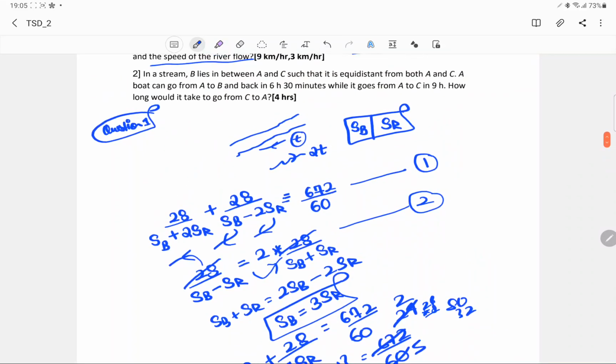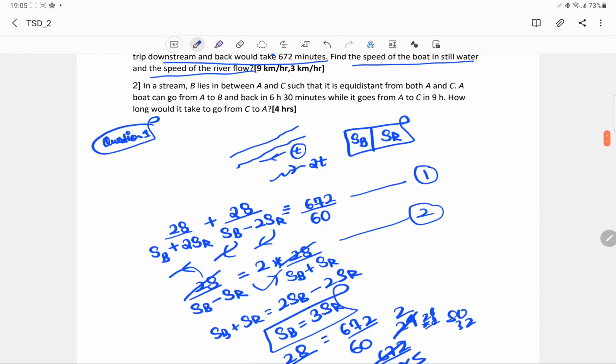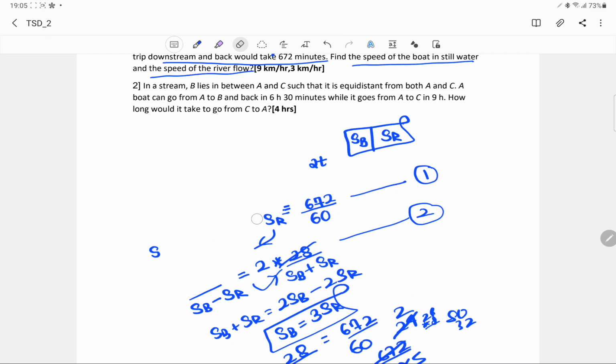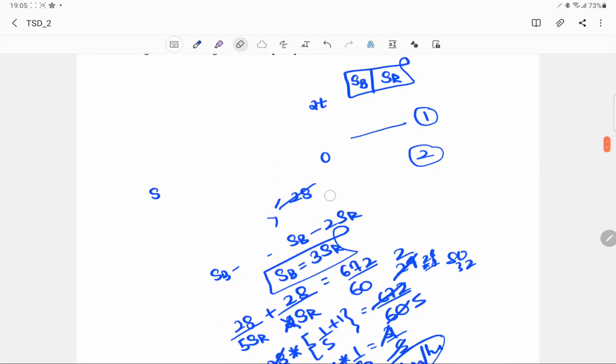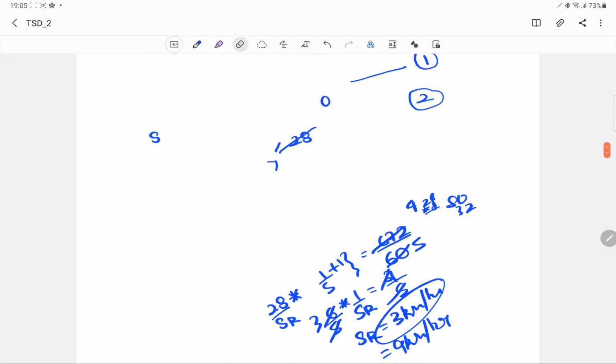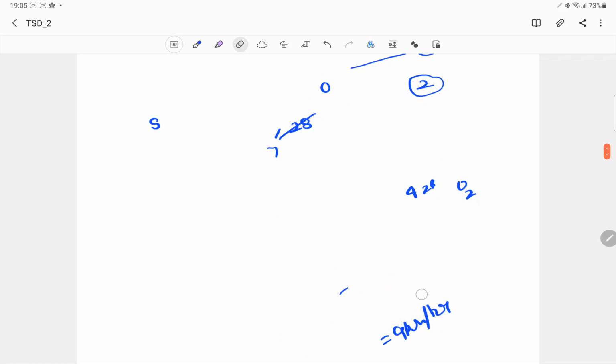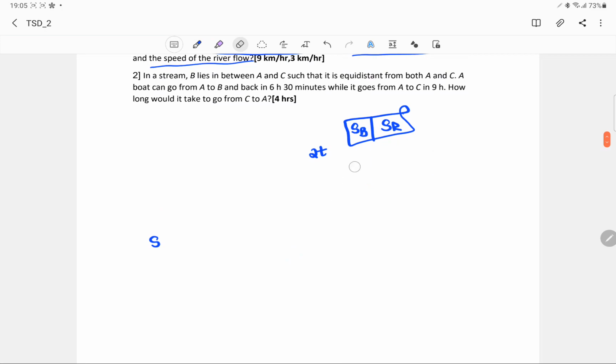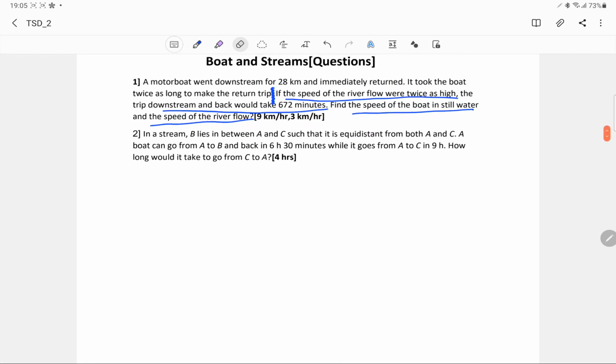Okay, so this is the approach that we had to take. We were able to form two equations, two variables, and it would definitely give out a solution. Now let's look at the next question. You just have to see what is given to you, try to frame the equation out of that and get the solution, as simple as that. There are no typical questions based on boats and streams. Everyone has a similar approach.